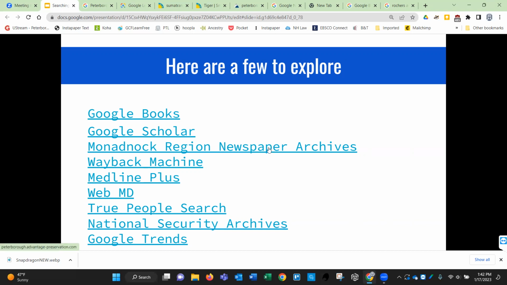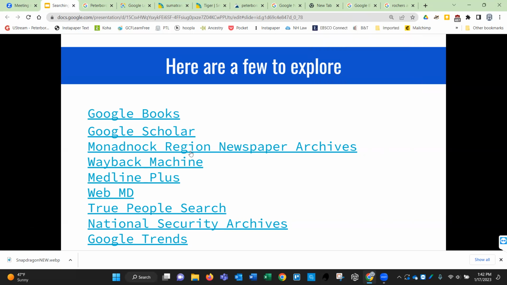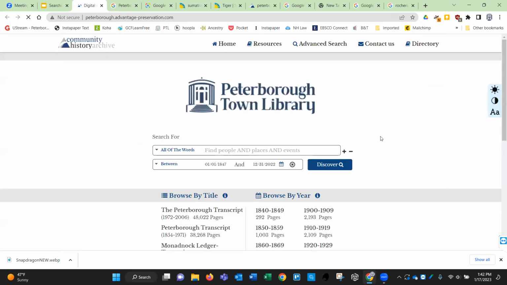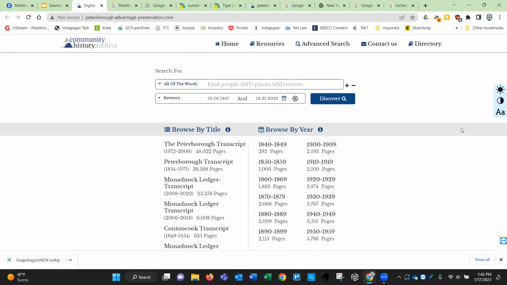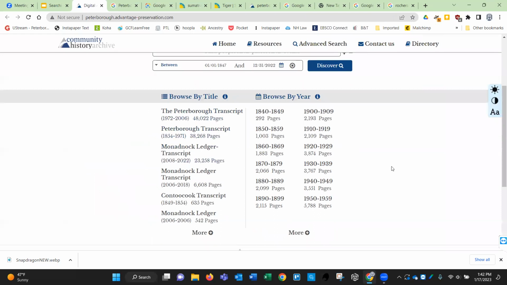One of the ones that you can access through the library website is the Monadnock Region Newspaper Archives. Okay, let's try that. We have online the availability to search all of these newspapers from 1840.